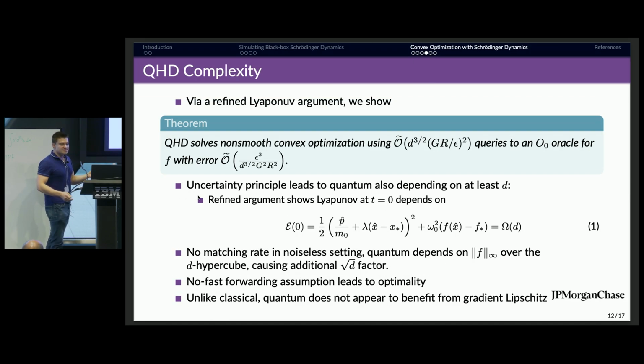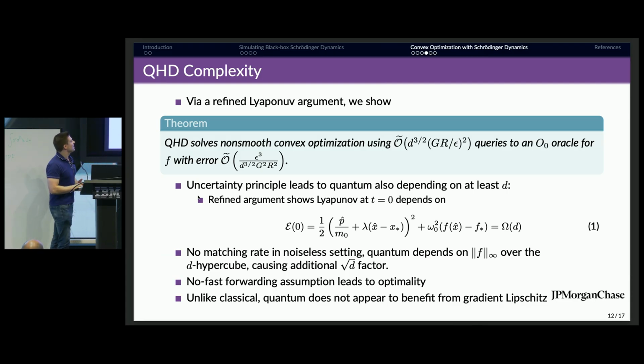The important point is, as you may have seen earlier, I showed that a classical algorithm can solve this problem with d. However, we'll get to later that the quantum is faster in certain settings. This additional d to the 1/2 term comes from the fact that when we're simulating the quantum dynamics, we're currently stuck to a box. And because in this setting, the norm over the box can be square root d larger than it can be over, let's say, the L2 ball,